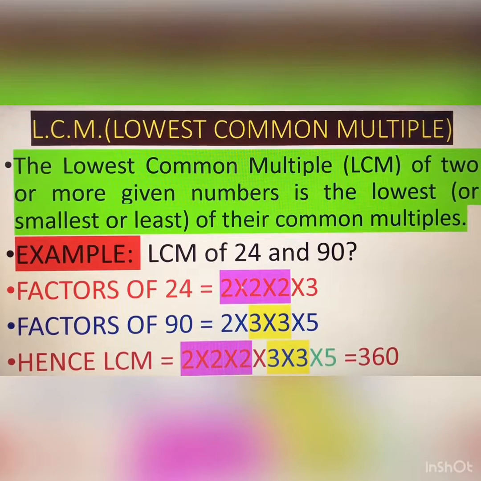Okay, so you can see here, this is the LCM. It means you will find the factors of both, and then you will select all the factors, the least factor, the smallest factor, the common factor, and you will write them in this form, then you will get the LCM.